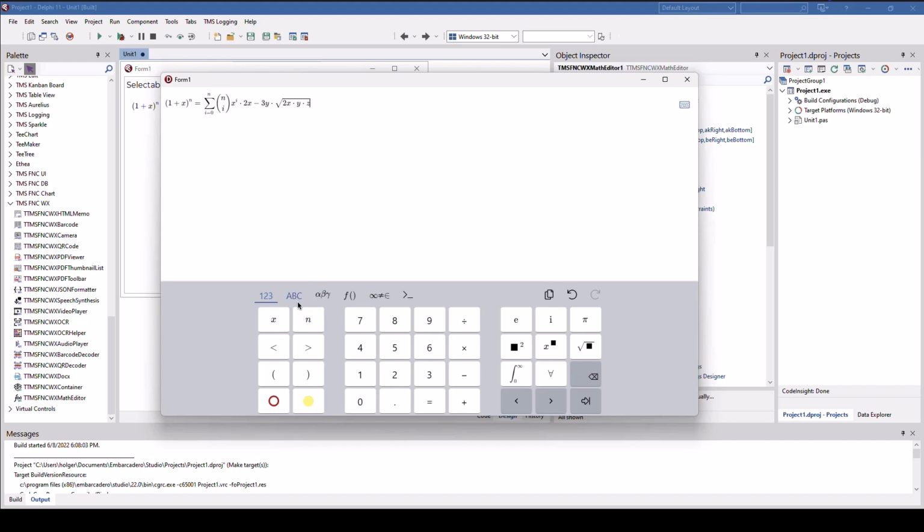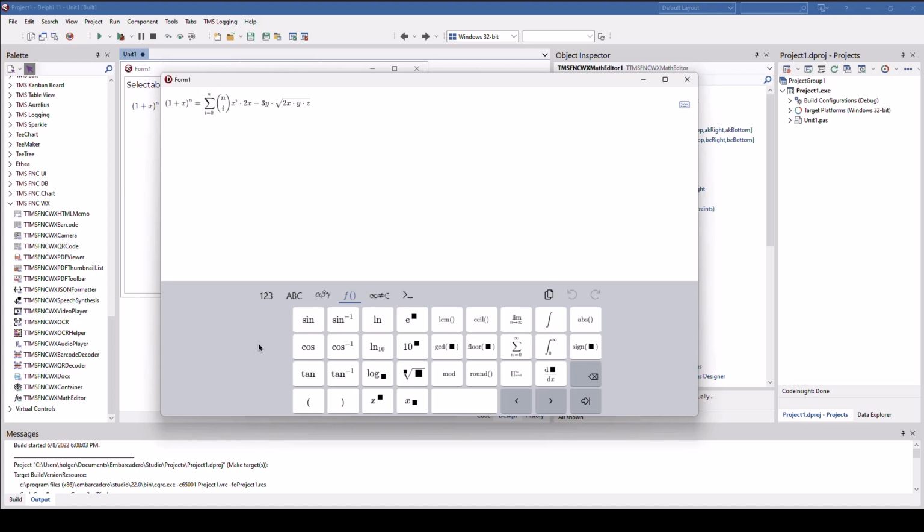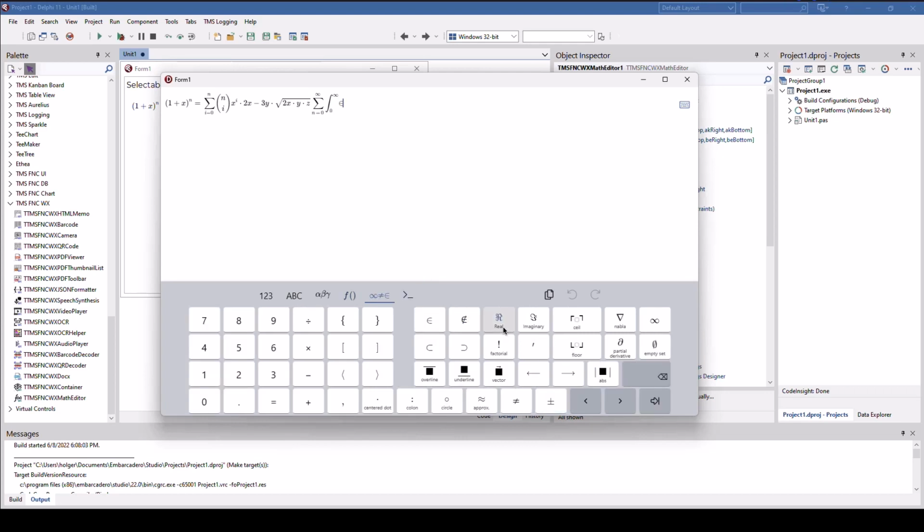And even better, there are multiple keyboards that you can use. For example, here is a keyboard for all the Greek letters. Here's another one for different functions like sine, cosine, and modulo, or even sigma for sums or integrals. Everything is there that the heart desires. There exists math, or you have different number ranges like real numbers, imaginary numbers. All the different symbols are there, and also underlines, overlines, vectors. Everything you might need in a math formula is accessible through keyboards.